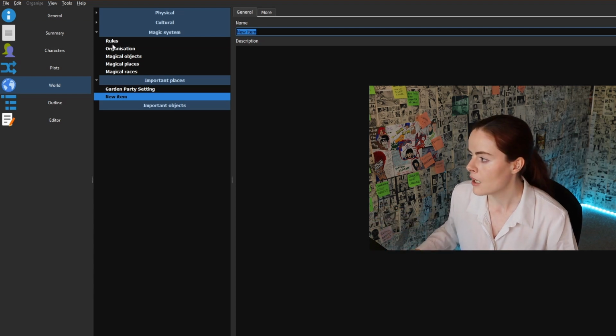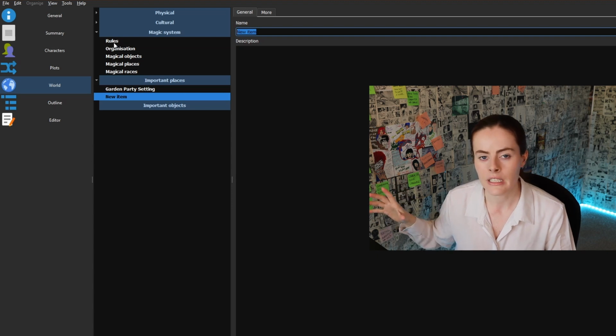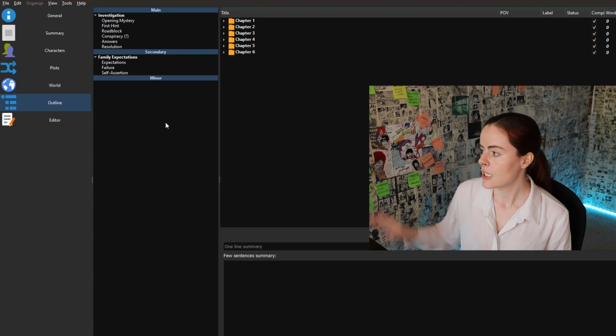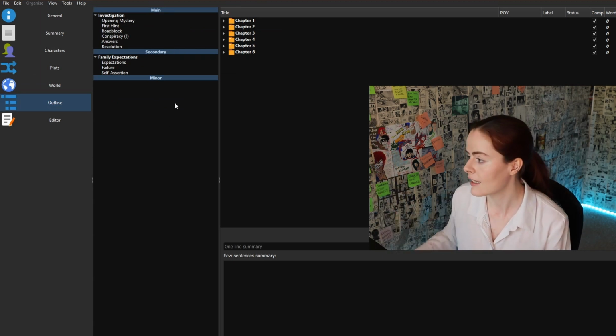So for example, rules of the magic system and stuff like that. In that sense, it's definitely useful, it's just missing that visual aspect. Then for the outlining section, here you again have the overview of the plot lines that you already created, again